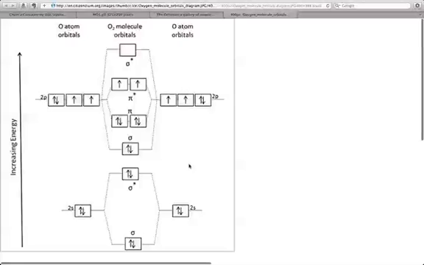And notice how the 2s and the 2p are not combining. The s atomic orbitals only interact with the s atomic orbitals. This isn't always the case, but in this case, because they're similar in energy, they form the best overlap to form these two, the sigma. This would probably be the sigma 2s and the sigma star 2s, bonding and antibonding. And then we also talked about sigma and sigma star in terms of what happens when we have p orbitals